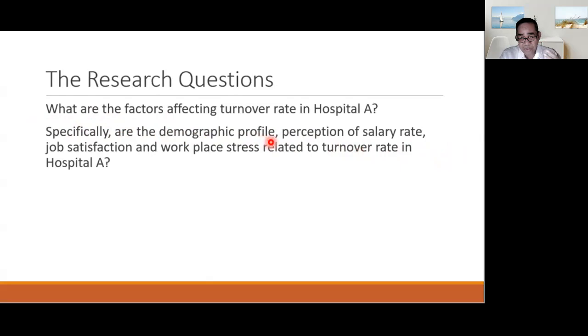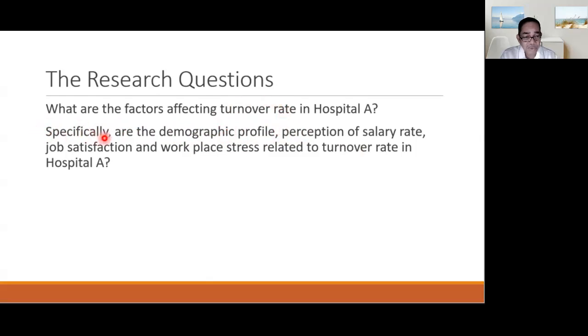You will note later on when we talk of objective formulation, I'll give you a word about this demographic profile. I see a lot of people making a research question on the demographic profile. And there is here a question on demographic profile which is appropriate because this demographic profile is related to turnover